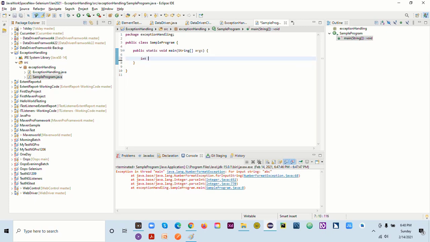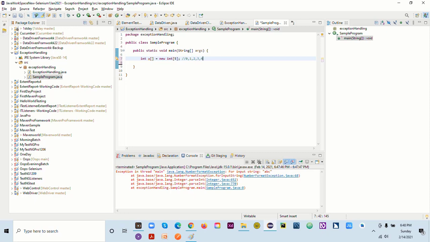So for that, let's say you have int a, and here you have an array, we will be writing new int, and we have given the length which is 5. Okay, so this is the index. It starts from 0: 0, 1, 2, 3, 4.